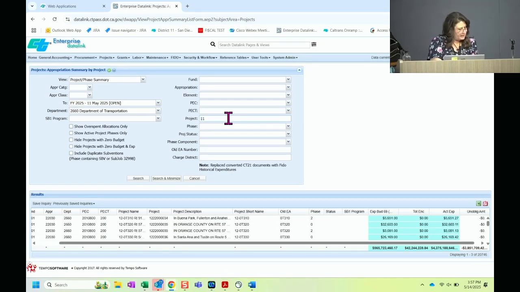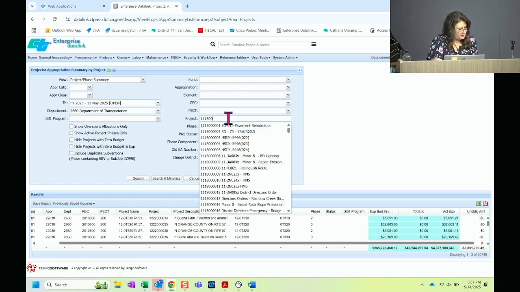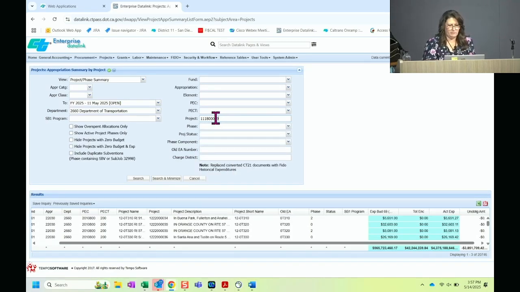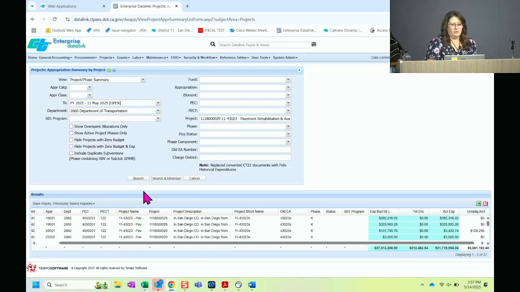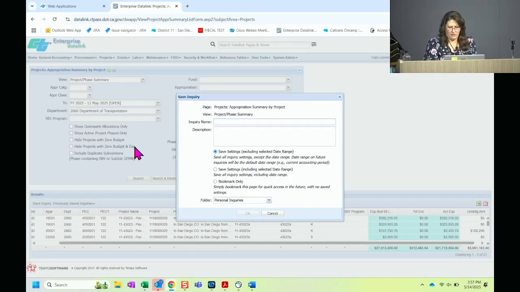So if I'm going to send this to my PM, maybe I'm going to want to send it to him weekly. Some project managers are pretty self-sufficient and they like to run their own reports, and others not so much. But let me run this project ID, 1, 2, 3, 4. Search. Okay. So earlier when we were doing saved inquiries, if I do this one, save inquiry, and then give it this project ID name, 1, 2, 3, 4, 29. And then I want to, am